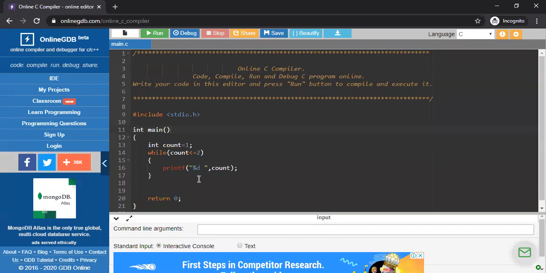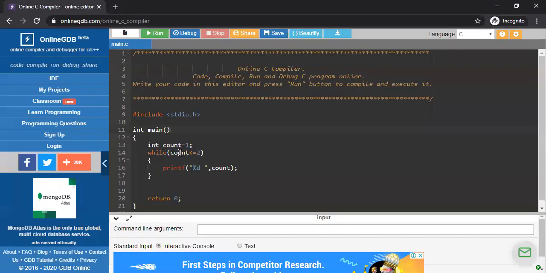At some point the condition became false, after 4 times or after 10 times according to our program. Then the compiler moves out of the while loop. But in this program there is no stopping condition.